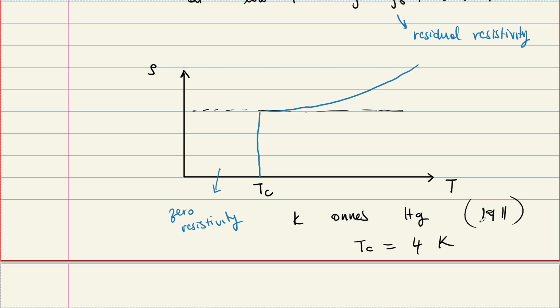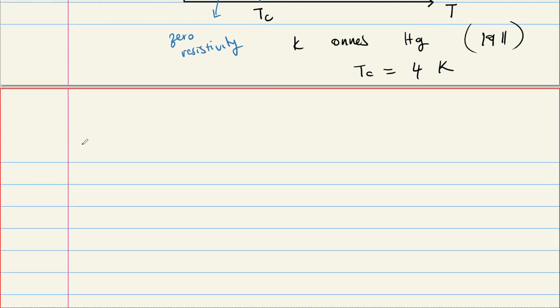So this is before any quantum theory, before even the name condensed matter or solid state was around, right? One of the most important effects in entire physics was discovered before there was any trace of theory. But today we know there are many superconductors. Let me just write a couple of them to give you a sense of the diversity of this field.